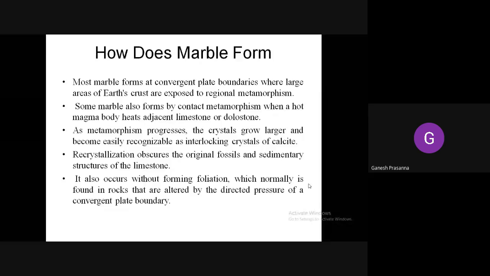Usually the heat of the magma at the contact will be very high. The heat of the magma adjacent to the contacts is very high. So the chances during recrystallization